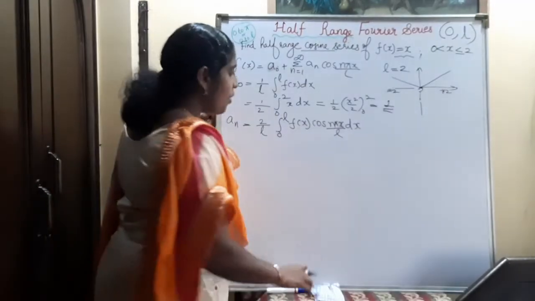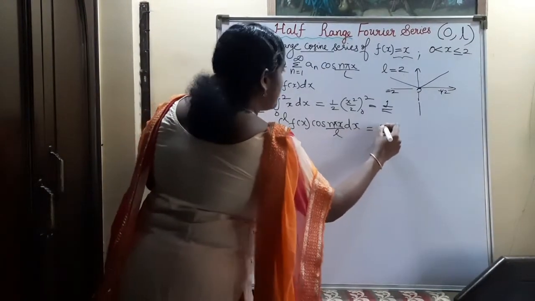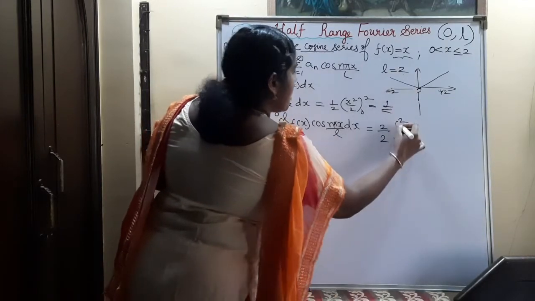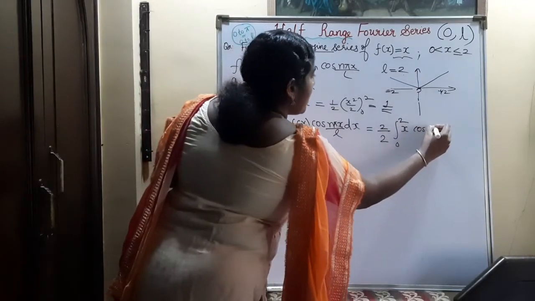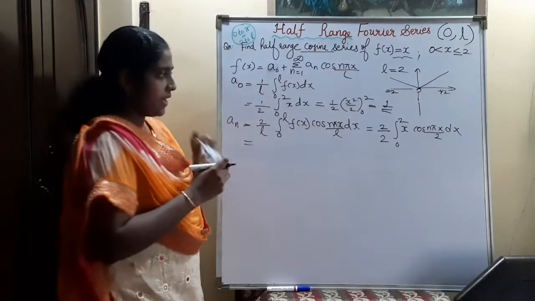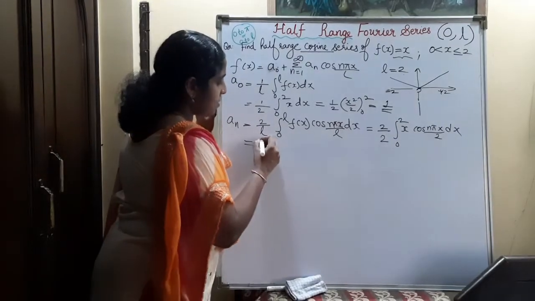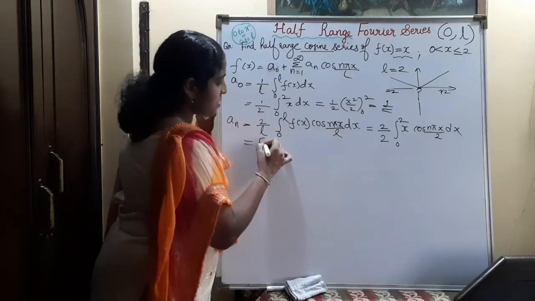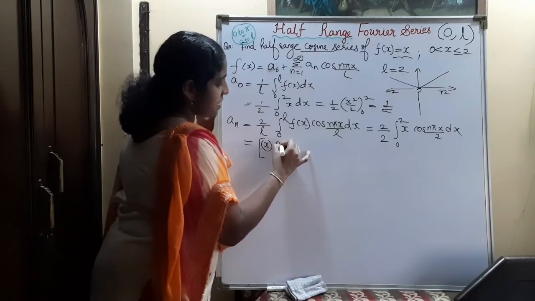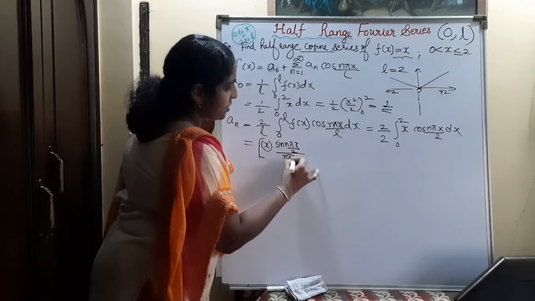On substituting the given function, 2 by L is 2 by 2, integral 0 to 2, f of x is x, cos n pi x by 2 dx. Now we can integrate this, that is 2 by 2 is 1, and on integrating, the first function x into the integral of the second function, that is sine n pi x by 2 divided by n pi by 2,